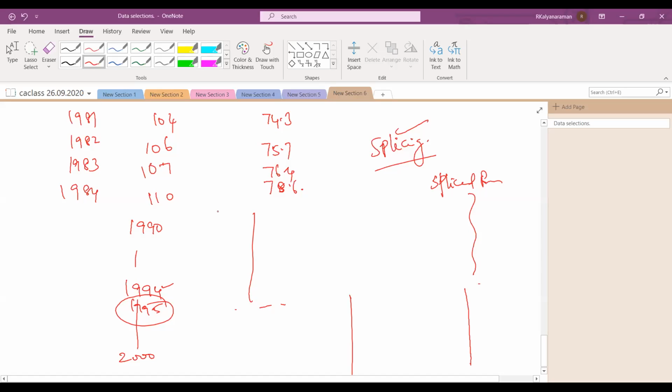So in this case, originally I followed 1990 as the base year. Here also I followed the same. But in 1995, there was a new system introduced. So those values will remain the same, but for 1990 to 94, the spliced price index will have a different value. Because now we are using 1995 as the base year.